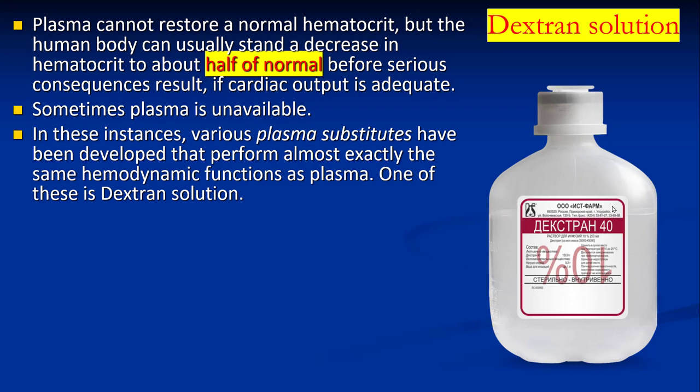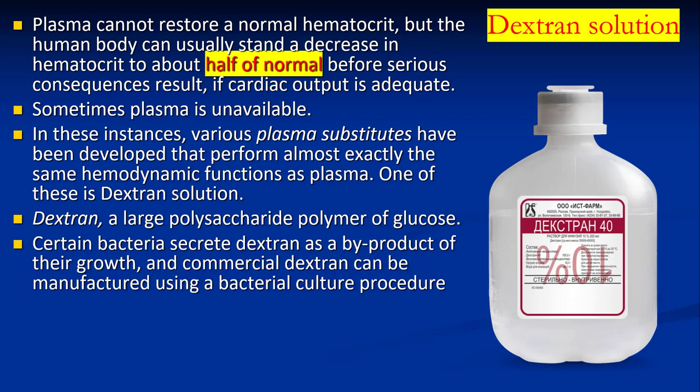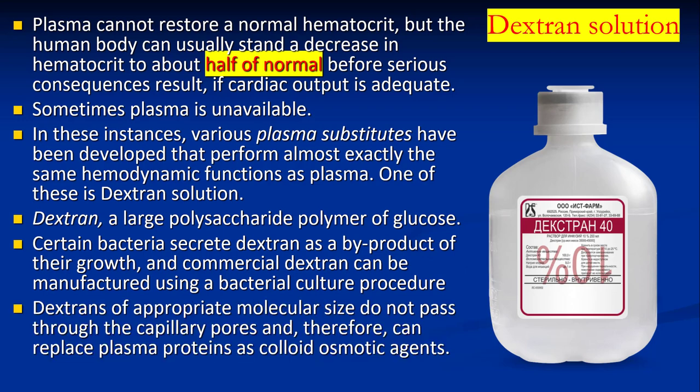One of these is Dextran solution. Dextran is a large polysaccharide polymer of glucose. Certain bacteria secrete dextran as a byproduct of their growth, and commercial dextran can be manufactured using a bacterial culture procedure. Dextran of appropriate molecular size does not pass through the capillary pores, and therefore can replace plasma protein as a colloidal